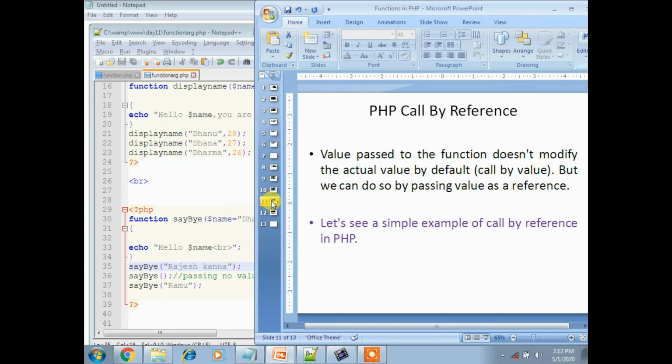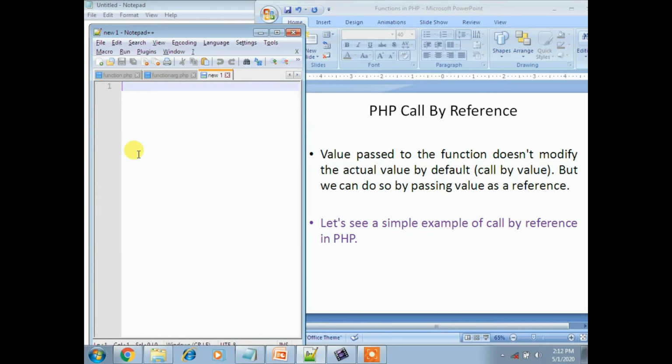Okay, so let's take another example. Now I am closing this program and taking a new notepad. Don't get confused, guys. Now question mark PHP, and then I am taking function address. Now here I am taking an echo statement.